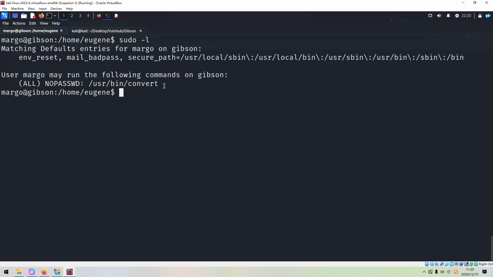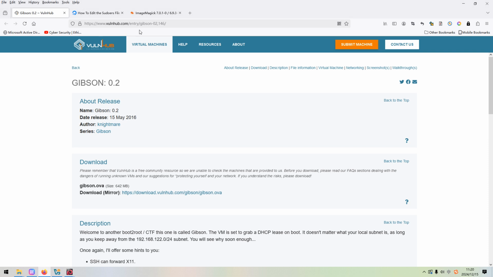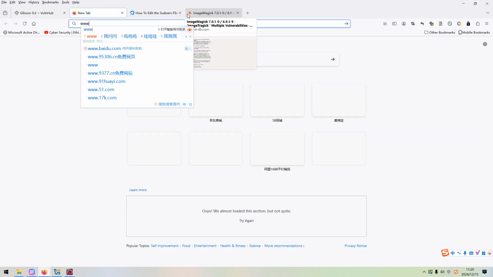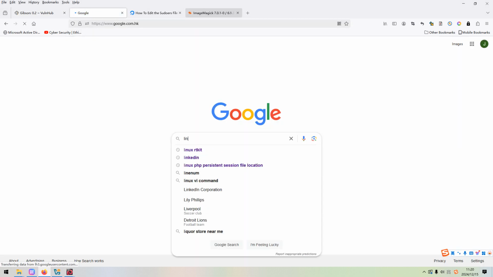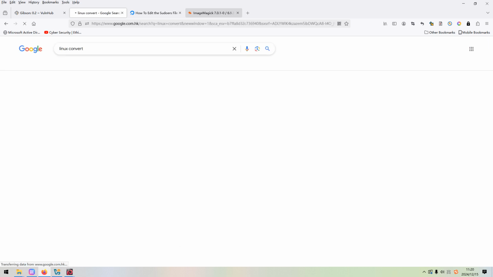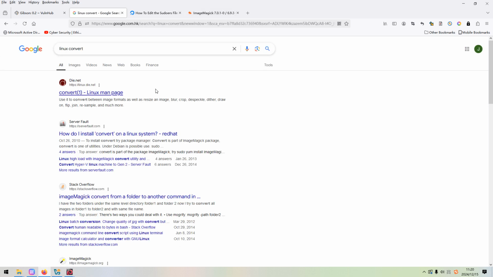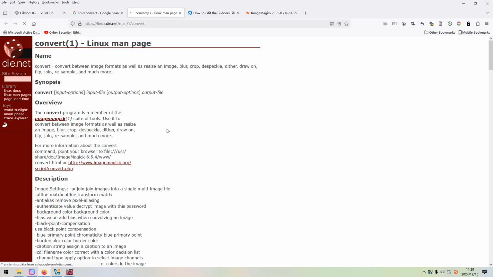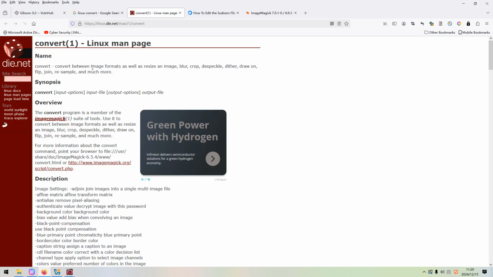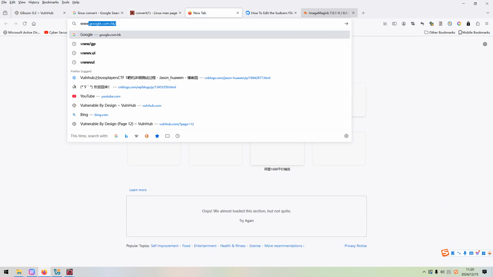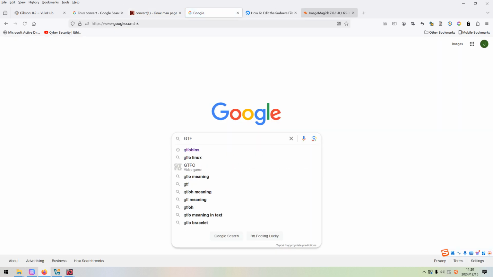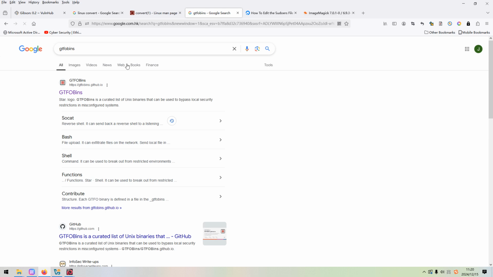So what is convert? We can go to Google, the Linux convert. So I think it converts between image formats as well as resizes and blurs images, and so on. And maybe we can go to the GTFOBins website.